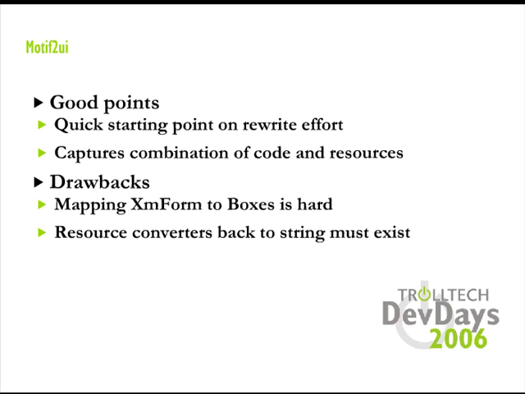Motif resources, in reality, are numbers very often for things. XM alignment is a good example. Its values are 1, 2, and 3, and there's a define in your code and a converter that converts the string left to 1 and center to 2 and right to 3. And a lot of times widgets are sloppy and don't have the proper reverse converter that converts a 1 to a left. So our tool here has to figure out that if we have a 1 and it's on alignment, that we should emit the string left